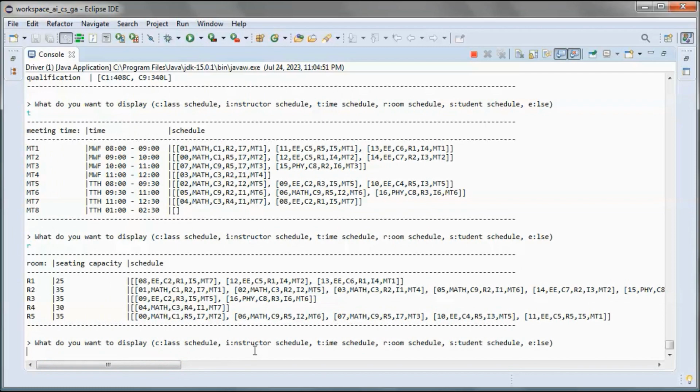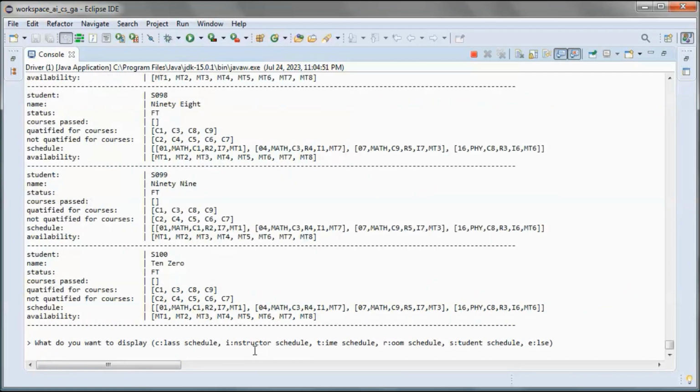And from the student schedule perspective, this student ended up with those classes scheduled, and he is qualified for those courses. So he was scheduled for all of them.